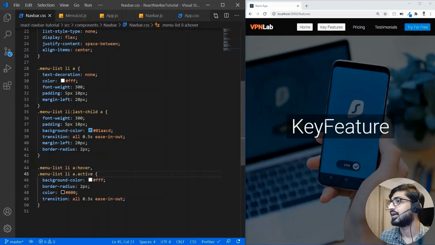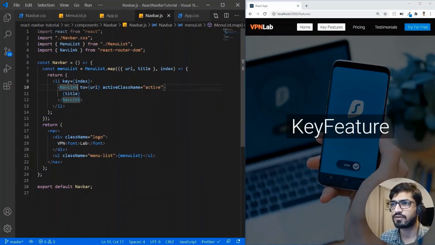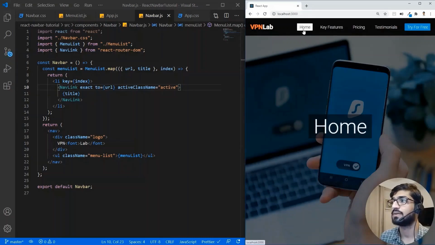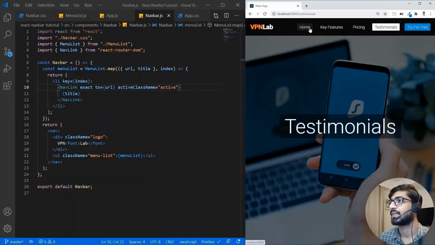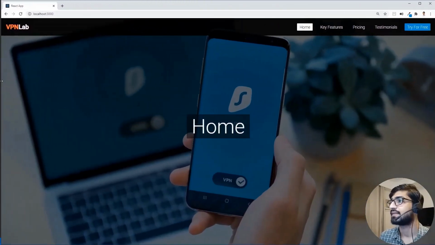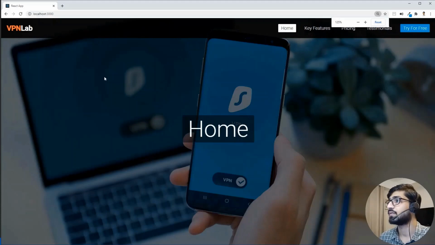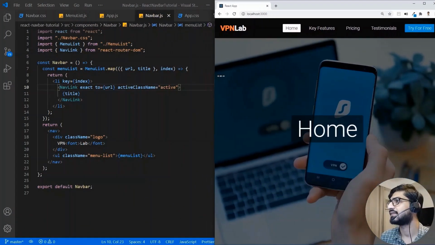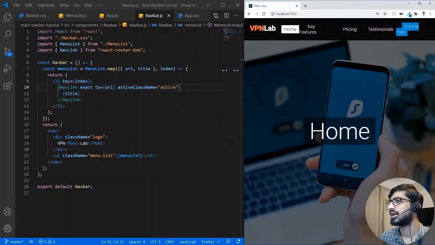All right. And now if I refresh this, and you will see that when I click on the key features, the home is still the active. So for that, what we can do is add the exact here. So if I write the exact, then you will see that the one which I'm clicking, it will only be active. So we have done this part pretty well. And if I increase the size, so let me zoom it a little bit. All right. So if I increase the size, then we can see that it's proper,